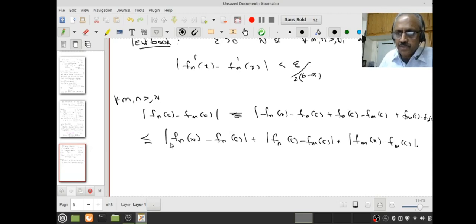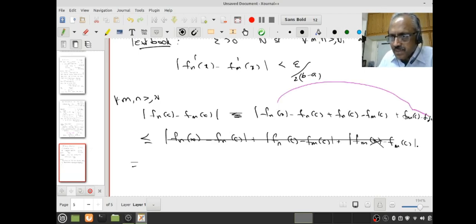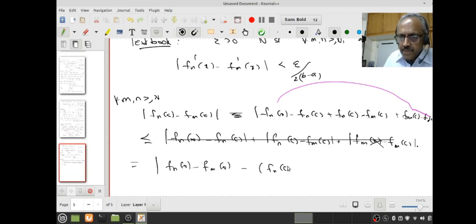How did I want to do that? This is equal, but this is not what we wanted. What we wanted was to rewrite it. How did I rewrite this, fm(x) and fm(x)? See, you can see I'm thinking so that you will learn how to do that. Therefore I can write this as |fn(x) − fm(x)|, minus (fn(c) − fm(c))